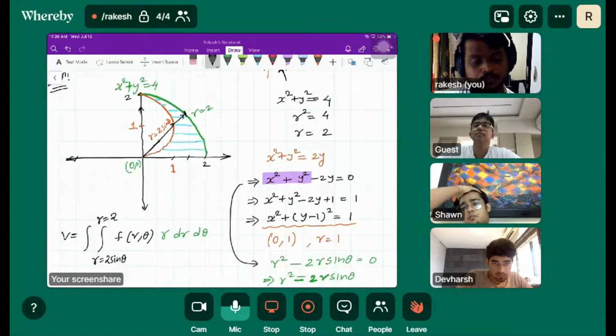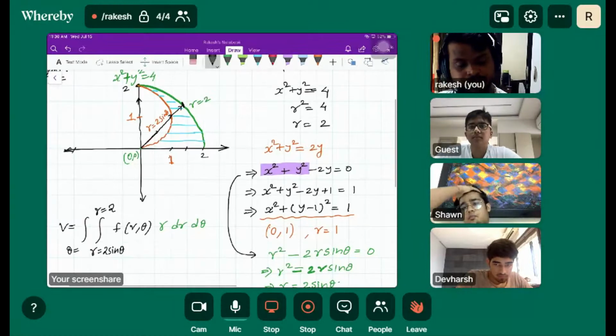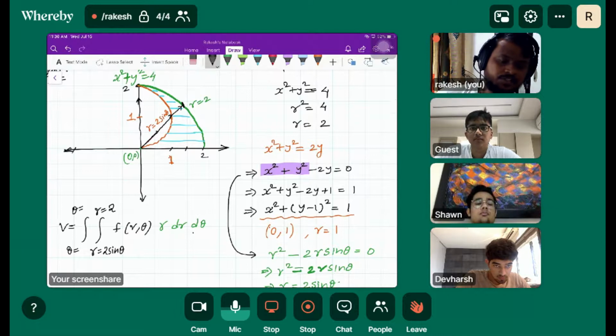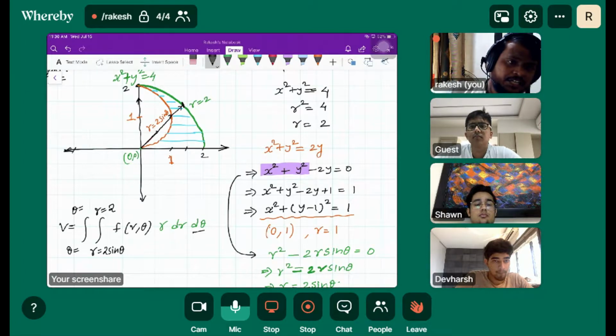Okay. So what about theta here? The outer limit must be for theta, right? Because the outer integral is d theta, so that should match up with the variable of the outer integral. So theta is equal to, what is the lower limit of theta?